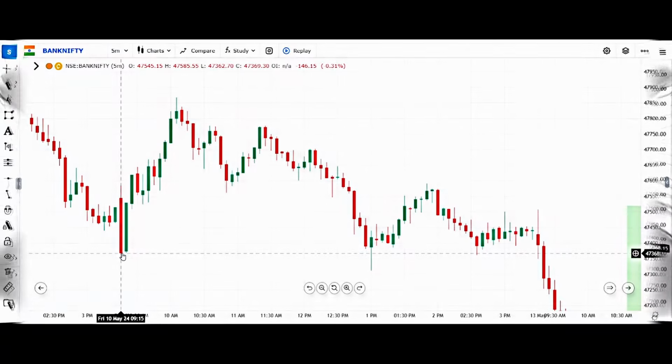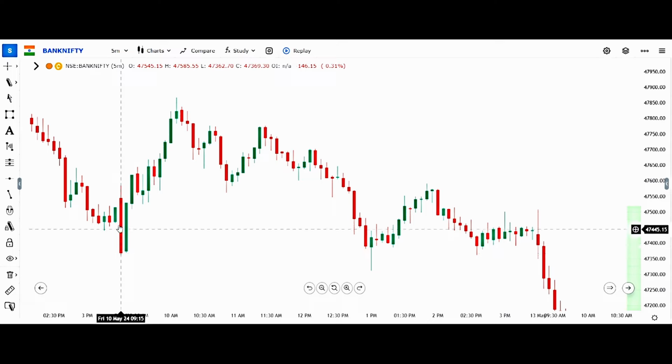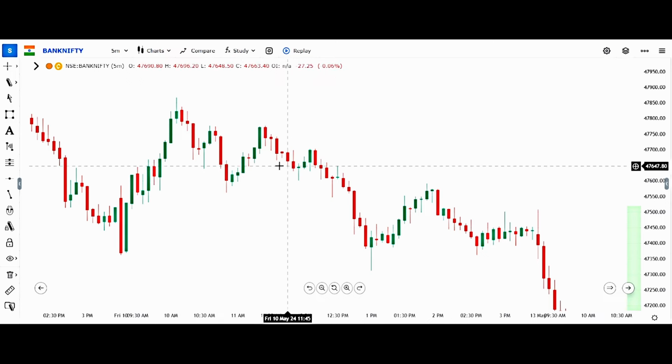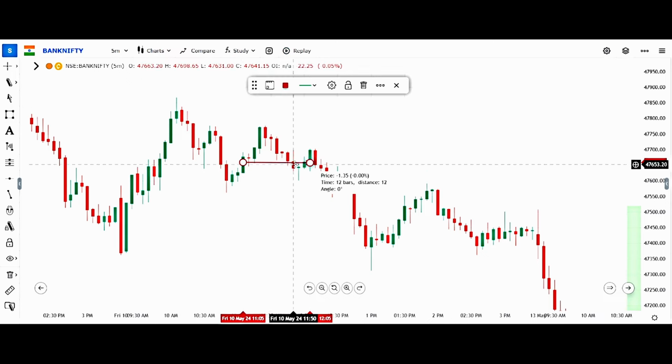So if you see here, the market opens at 9:15. Then it moves up. Our support will be here. Then our support moves here, and here, and then here. This was the point where the market broke. This was the candle where the market broke. So we will mark the opposite color last candle's body. So this is it.